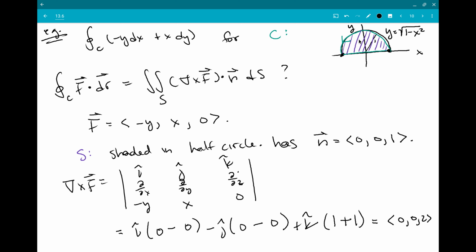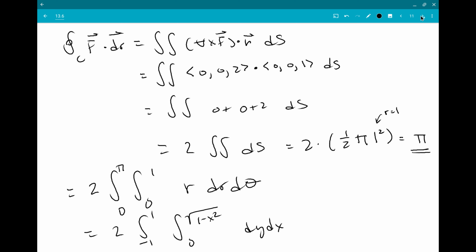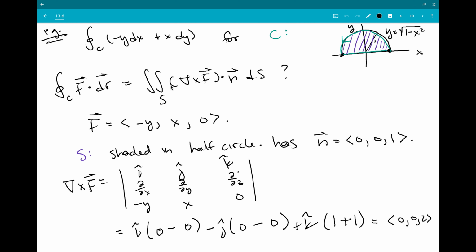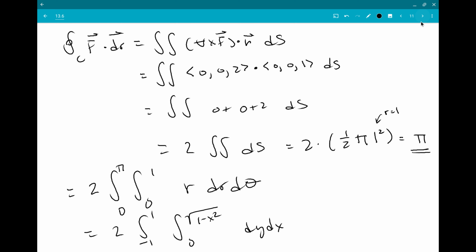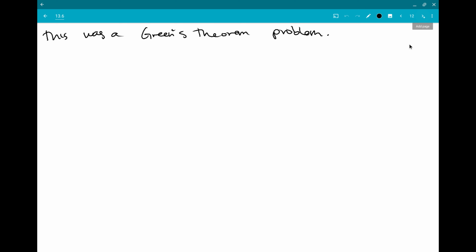So this type of problem, where your normal vector is in a single direction because your surface is flat, is actually a Green's theorem problem. So you can always remember the Stokes theorem formula like this and do your curl, and it will cancel out all except one component. But if you don't mind committing the meaning of a new thing to memory, then